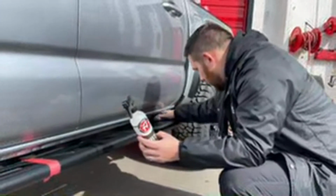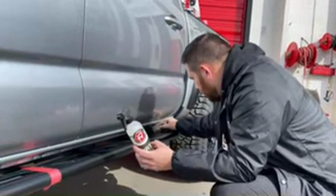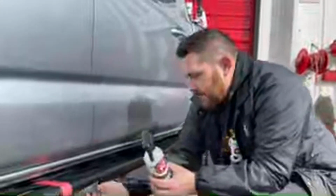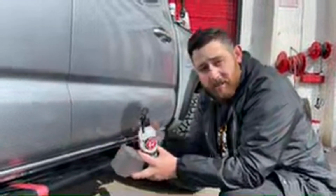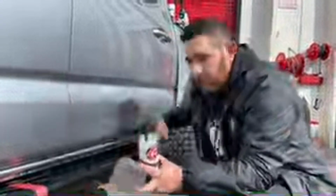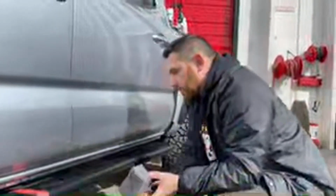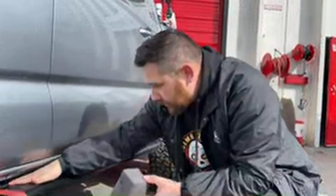to keep this stuff really looking nice. Now, my one thing I will say, my cautionary statement, is that VRT tends to be extremely slick when you're going to step on it. When you go to step into your car, your foot's going to slide. So I'm okay with doing it on something like this that you don't use for stepping on. This is more to block brush or rocks and things from hitting the side of your car. So I'm not too worried about it with these running boards for the Tacoma. I can't remember the technical term for it. Do you know what it is, Elon? They're rock rails or brush rails, whatever it's called. But anyways,